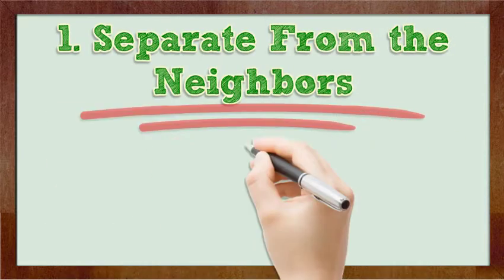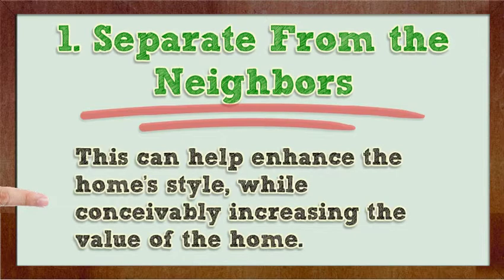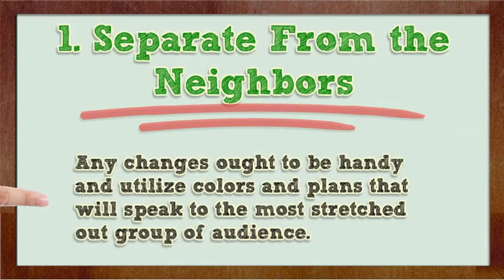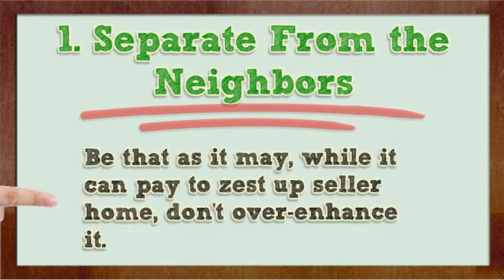1. Separate from the rest, in order to draw attention and to make the seller's home more noticeable. Consider handcrafts or additions, for example, landscaping, higher view windows or a new rooftop. This can help enhance the home style, while potentially increasing the value of the home. Any changes ought to be practical and use colors and designs that will appeal to the broadest group of audience. Moreover, they should complement the home and its different amenities, for example, constructing a deck or porch adjacent to an open-air swimming pool. However, while it can pay to spice up the seller's home, don't over-enhance